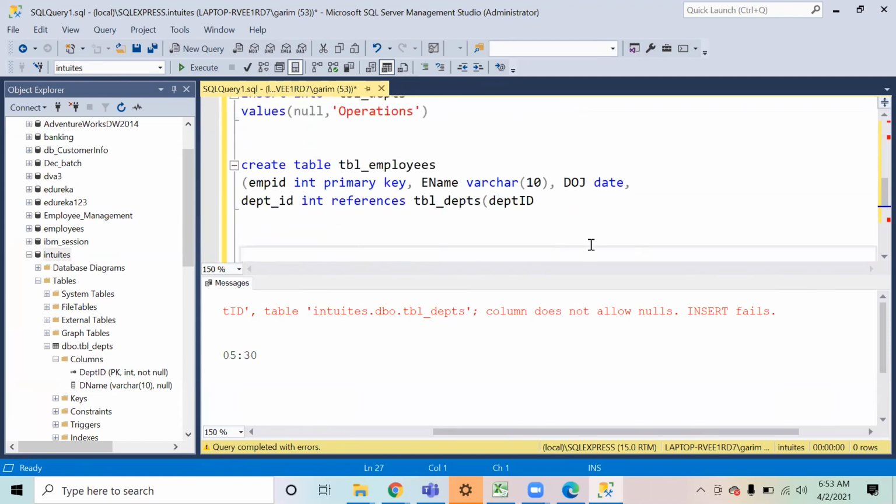So employee ID is an integer primary key, employee name is character, date of joining is date, and department ID is an integer, but it references. For creating a foreign key, you do not write the words foreign key; we use the term foreign key only as terminology. How we define it is that this column references the TBL departments table, and in that the column department ID, so it is linked to that.